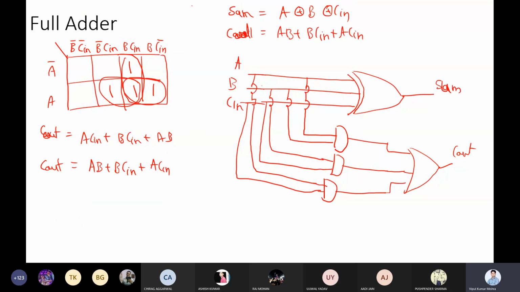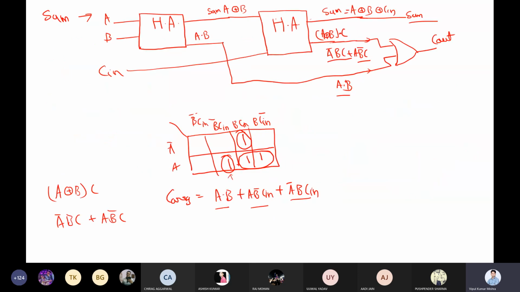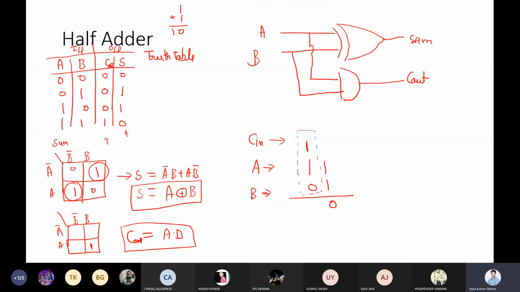So now you got two choices. You can make a full adder in this way, where you have one 3-input XOR gate, one 3-input OR gate, and 3 AND gates. Another option is two half adders and one OR gate to make the full adder. Now I think you have got the point why this is a full adder and why this one is a half adder.